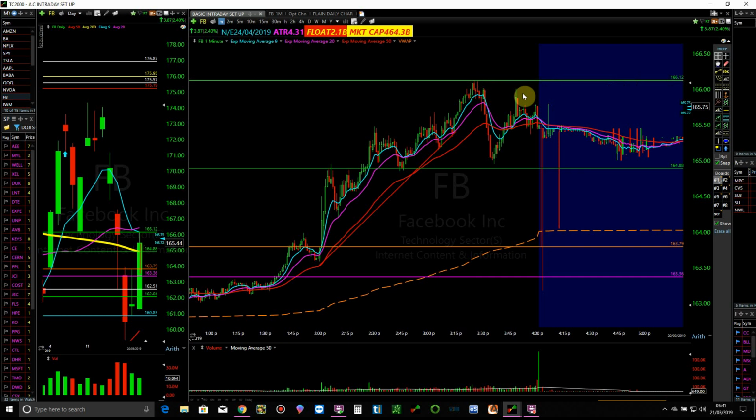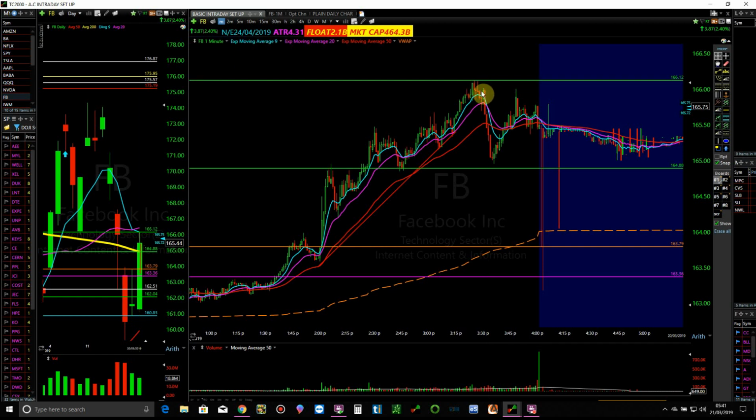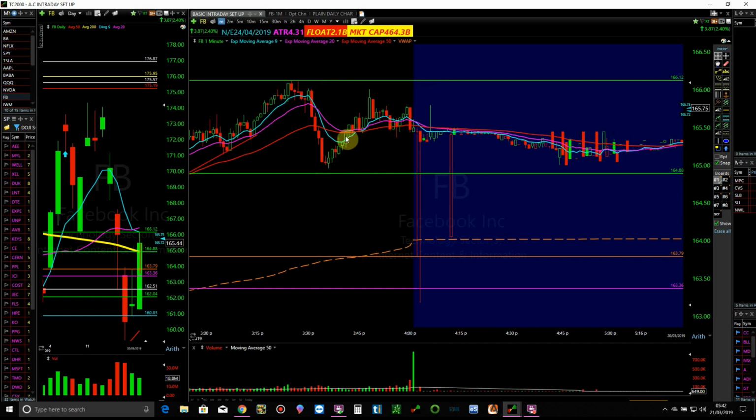So I hit Facebook there, just on the break of the 166, with I think 700 shares, and played it down and took off most here. I didn't take them all the way down. Each candle was a wash candle, so I was covering a couple of hundred shares toward the bottom of each candle. I left some to ride into the 9 to see if we get a rejection on the moving average 9, it breaks the 9 into the 50, and I covered my last 150 somewhere around there. It was a nice trade, but the point of this is